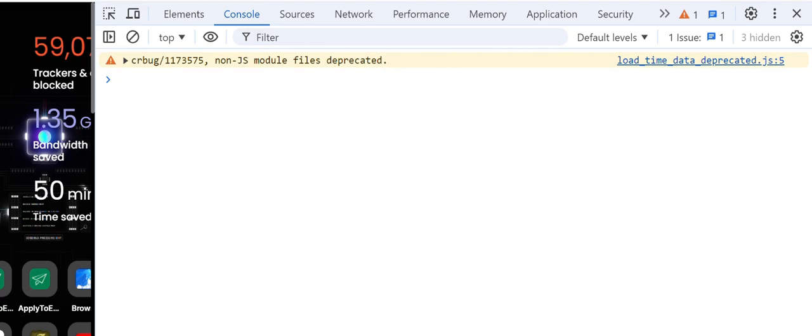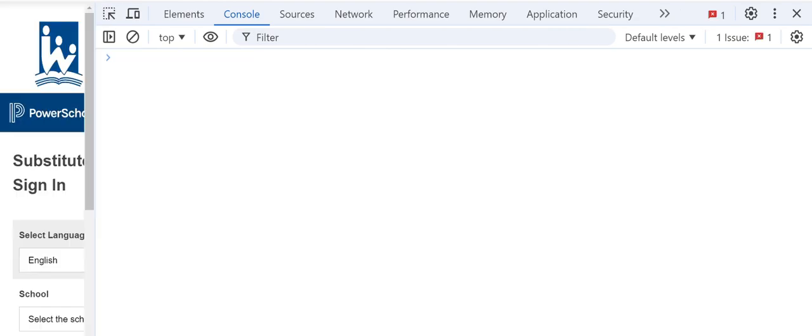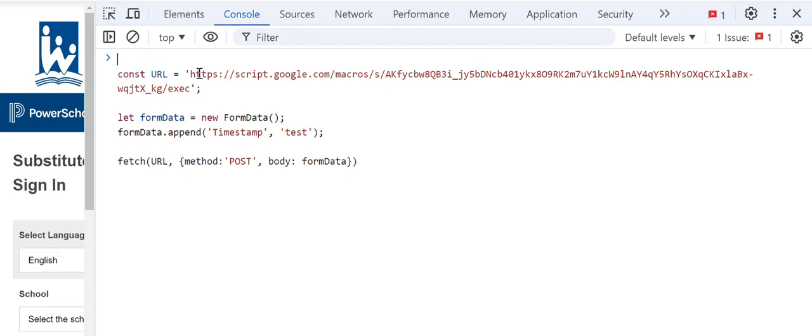You can put JavaScript code onto your browser, and I believe this works for most browsers. So I have my code saved here. Let me just close this one over here, and this is the code. So here again is that link. When you hit deploy, it'll give you this link, and you have to,